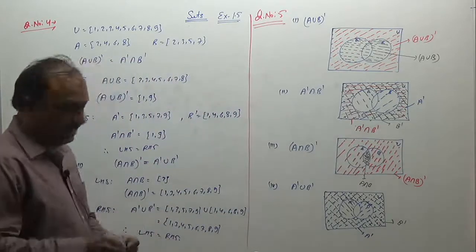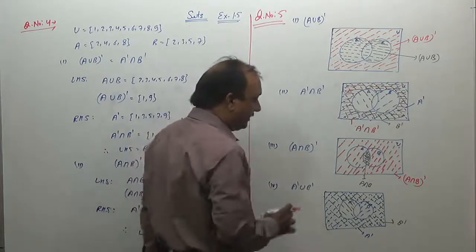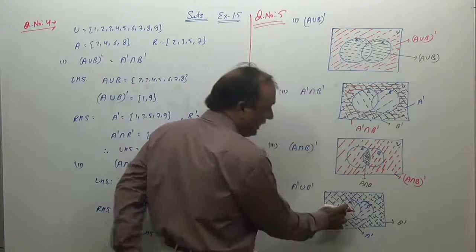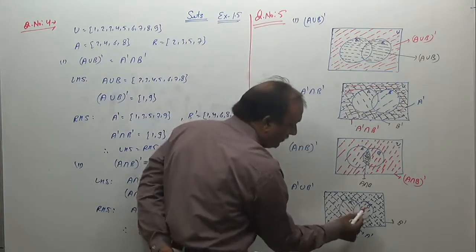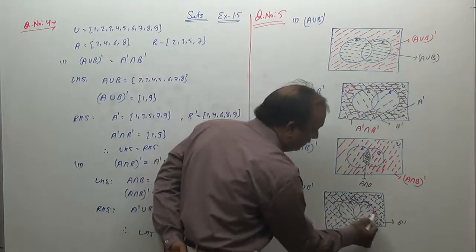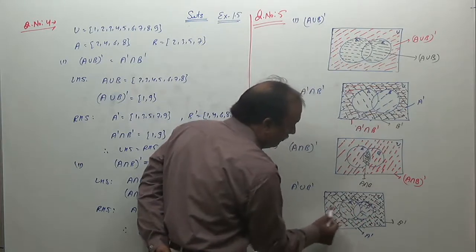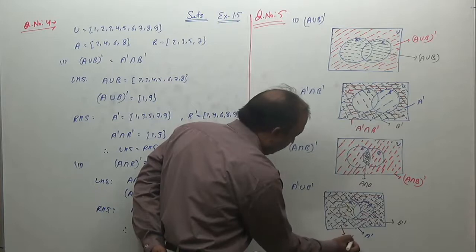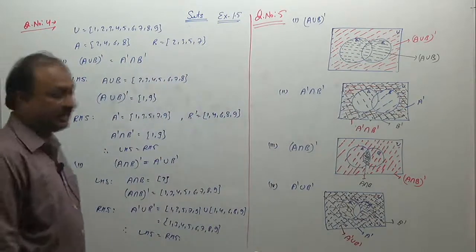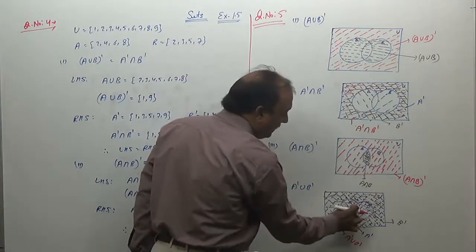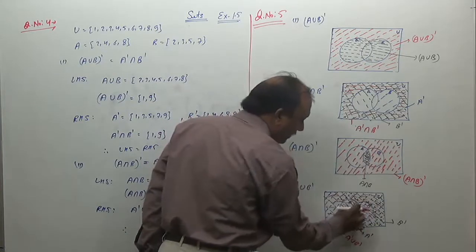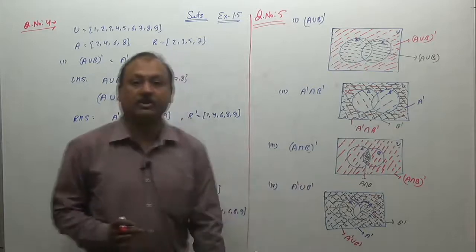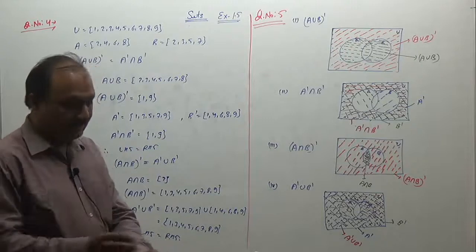Now, what is the A complement union B complement? तो एक ऐसा पोर्शन जिसमें ब्लू लाइन भी हो, ब्लैक लाइन भी हो और कोई सी भी हो दोनों में से, तो जिसमें कम से कम एटलीस्ट वन टाइप की लाइंस लाई कर रही हो. तो ये वाला जो पोर्शन आप देख रहे हैं, जिसमें मैंने रेड शेड किया है, ये वाला पोर्शन या तो ब्लू लाइंस कंटेन कर रहा है या ब्लैक लाइन कंटेन कर रहा है. तो ये रेड पोर्शन इज कॉल्ड A complement union B complement. दोनों का मीनिंग एक है, because this one is the De Morgan's law, or we know that A intersection B complement is equal to A complement union B complement.